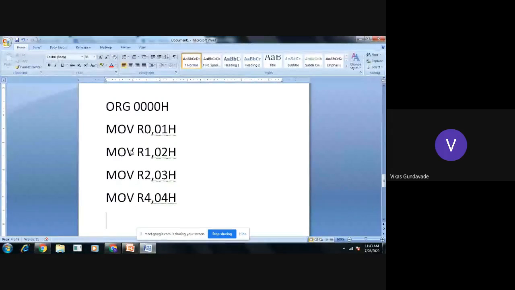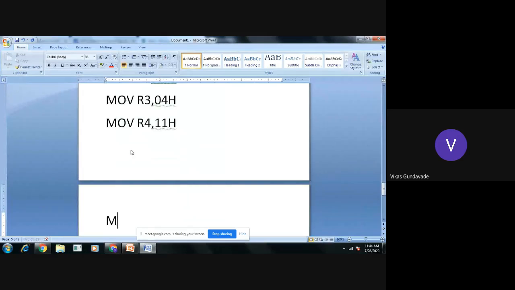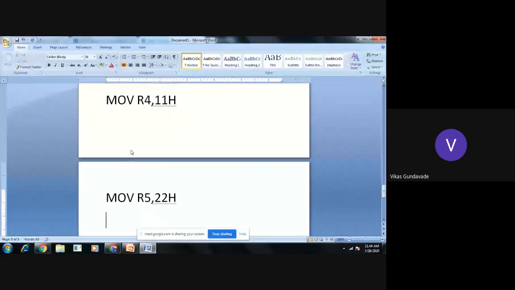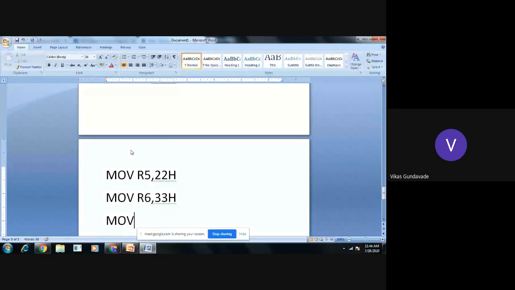The second 32-bit number is available from R4, so MOV R4, #11, then MOV R5, #22, then MOV R6, #33, and MOV R7, #44H. So we have these two 32-bit numbers.